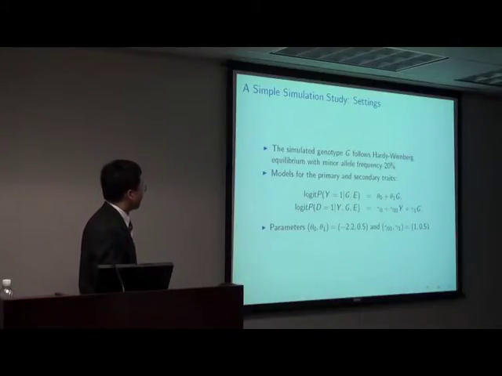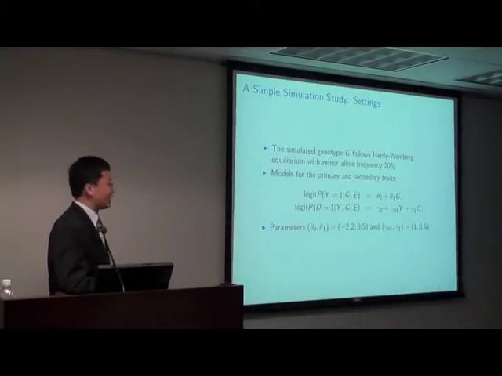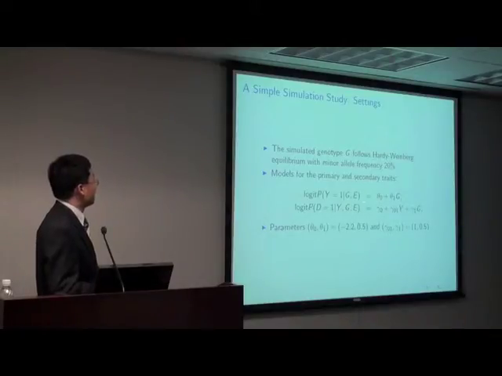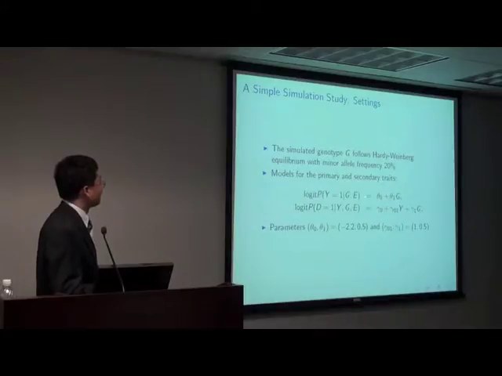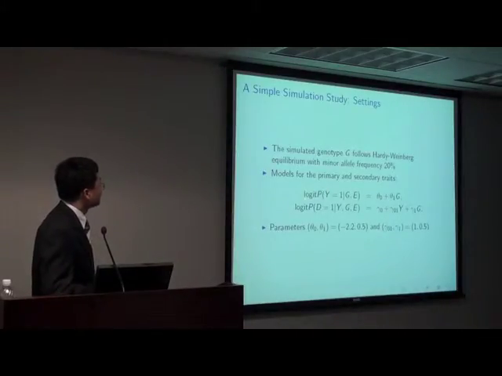Simulate was for the primary outcome, we set up this model. For the secondary outcome, we have this model. You can see that those are all logistic regression models. But our objective here is to estimate this theta 1